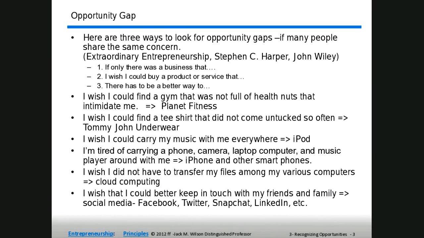Cloud computing is an example of an opportunity gap. What was the need that people had? You work away on your computer at home, you go to the office, you say, oh, I forgot to bring those files. Okay, put it up in the cloud. You go to the office, it's right there. There have been a number of efforts to do that, as you know, and of course, a thumb drive is another solution to that same problem. But cloud computing is, I think, pretty much widely agreed to be the wave of the future. Almost no doubt about that.